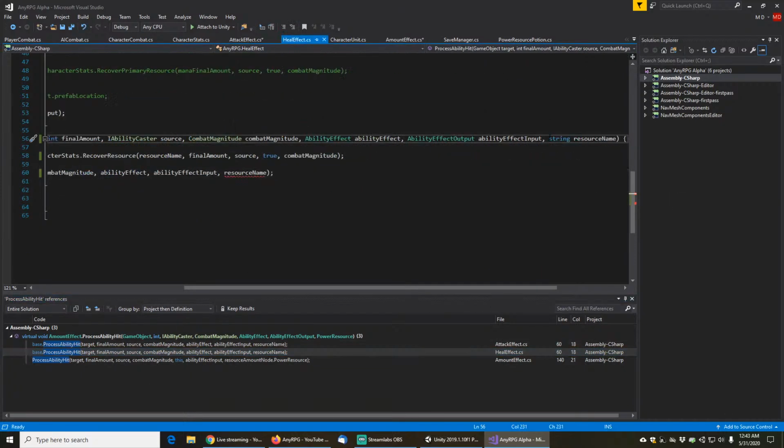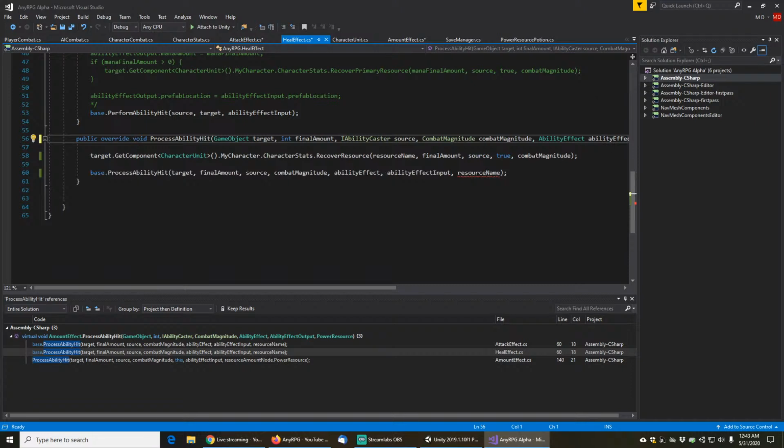Over here, same thing. Send in the power resource, and then pass it down to the base. And then over here,